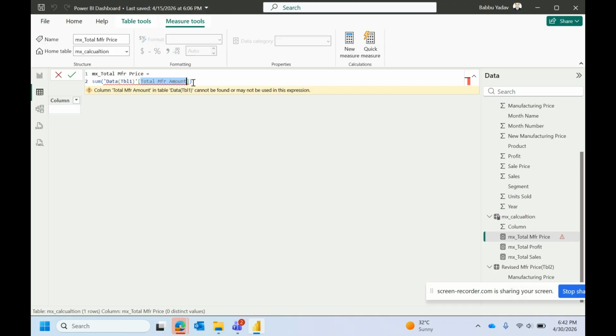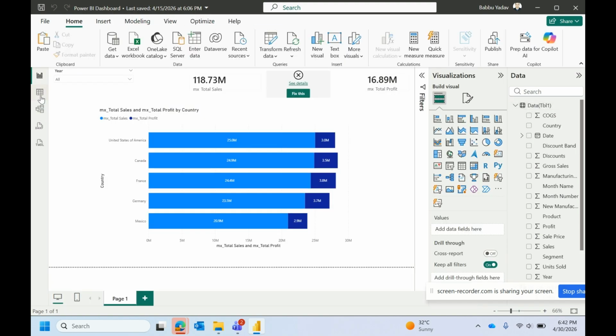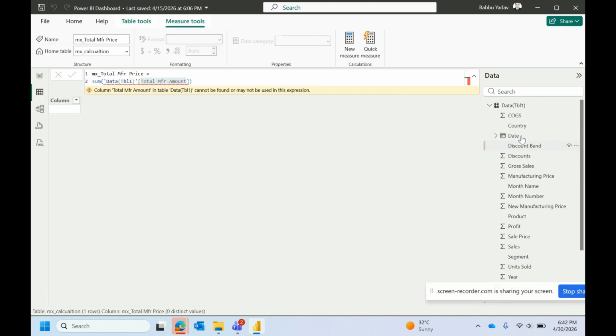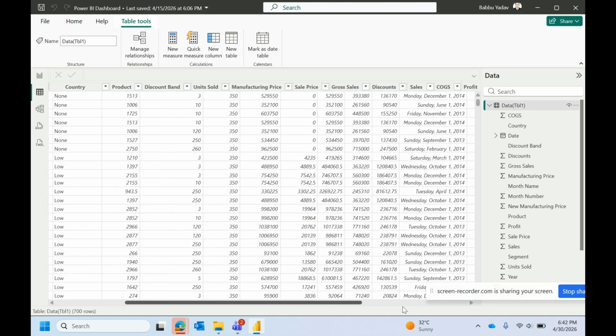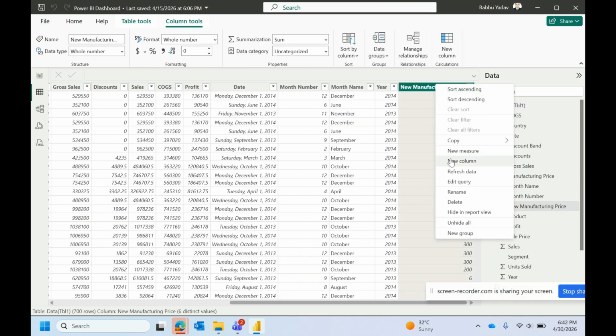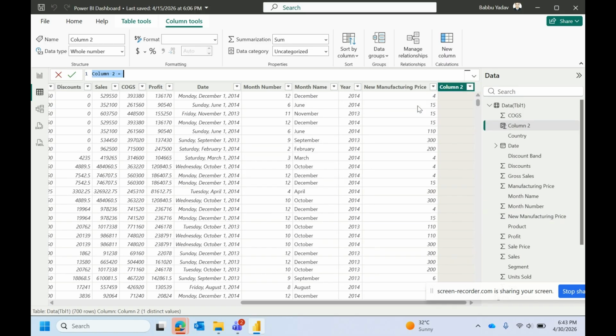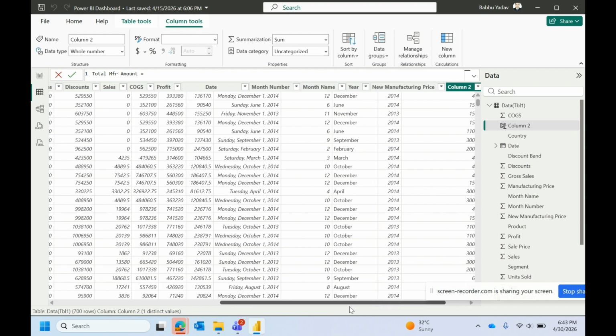Total MFR amount. In this table I'm going to right click, and this time I'm going to click new column. This is the calculated column. A measure means we are going to calculate one single value, but in a column we are going to calculate row by row. So new column, and I'm going to give this one equal to, and our logic here is to multiply